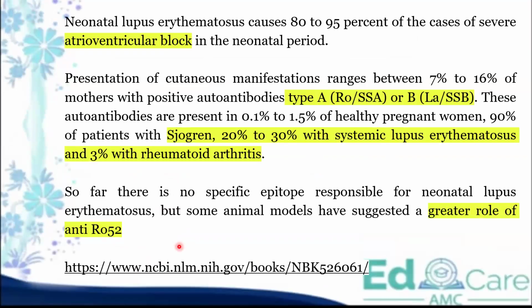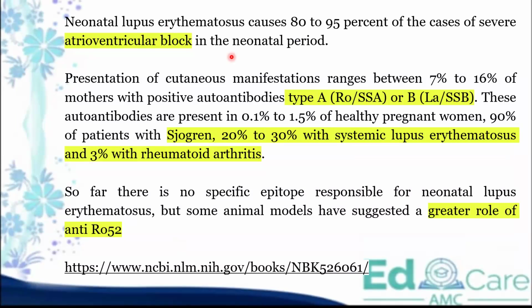So this is again an MCQ. I've highlighted the points that are needed. What we need to know is that in anti-Ro and anti-La positive SLE, when they conceive or when the baby is born, the babies are also affected by these autoantibodies. So it crosses the placenta, it can affect the babies in utero.